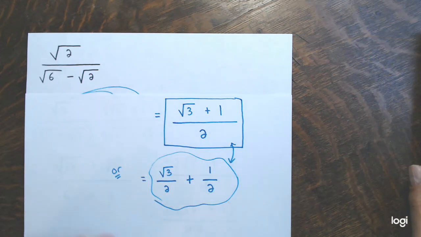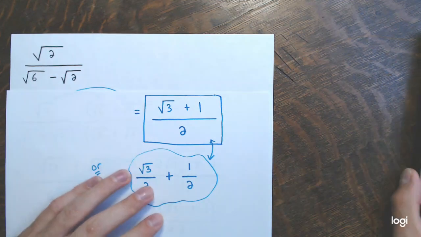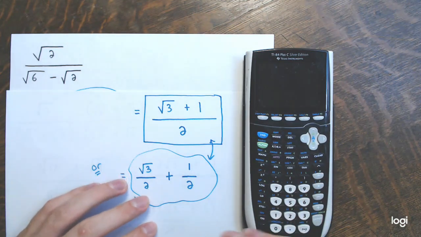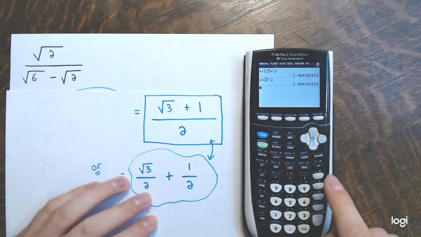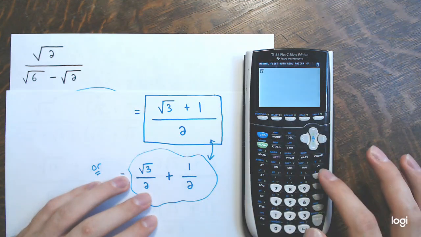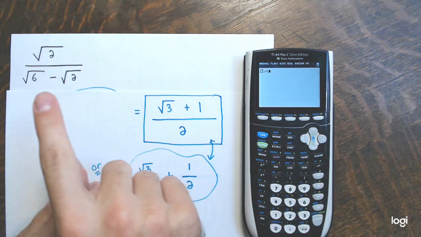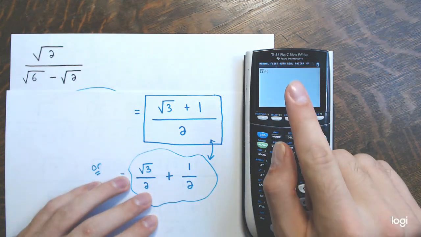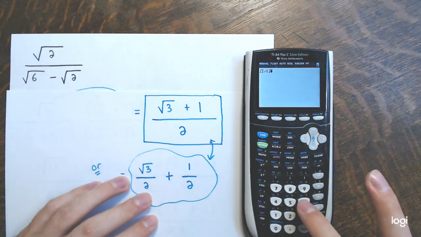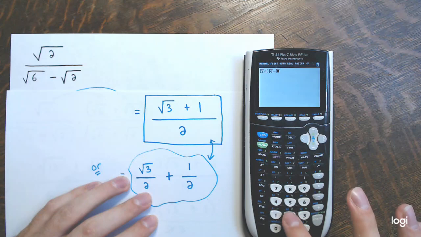Let's see. They should be, right? If I did everything correctly, they should have the same value. This expression here, the numerator, is the square root of 2 divided by, and then the denominator has multiple terms, right? So the way I'm going to enter this is put parentheses around this entire denominator. So in parentheses, the square root of 6, then after that minus the square root of 2,